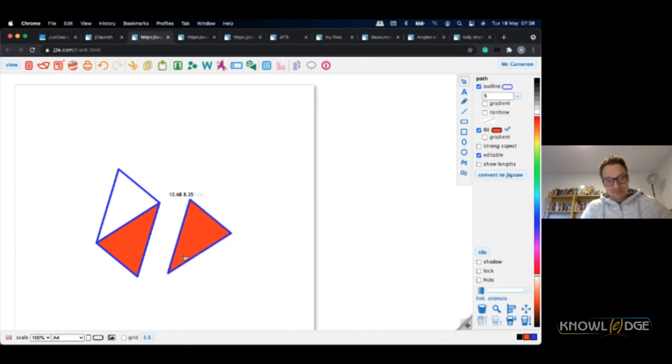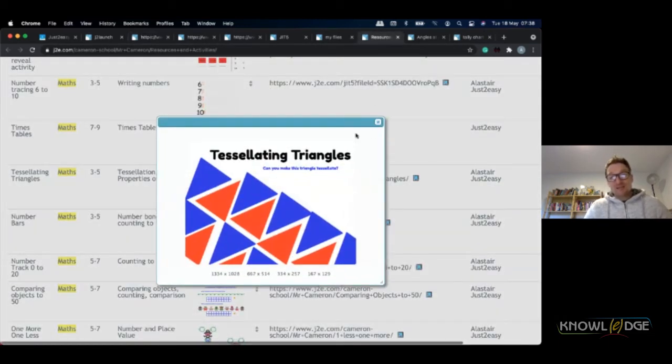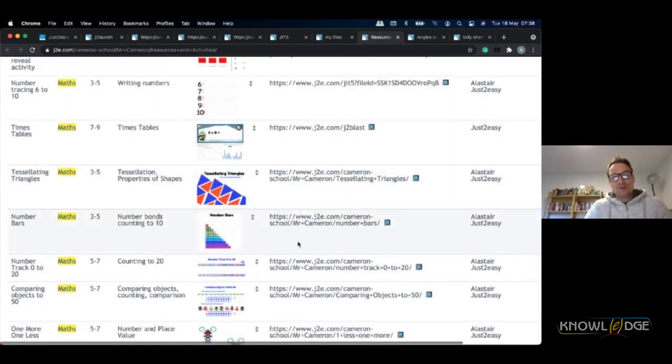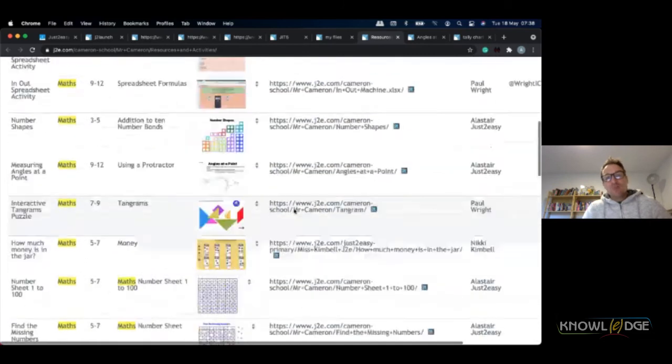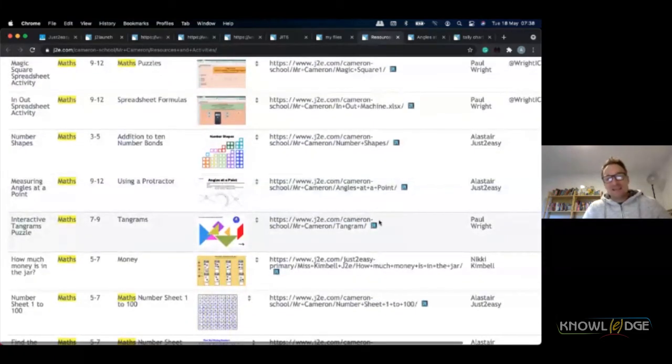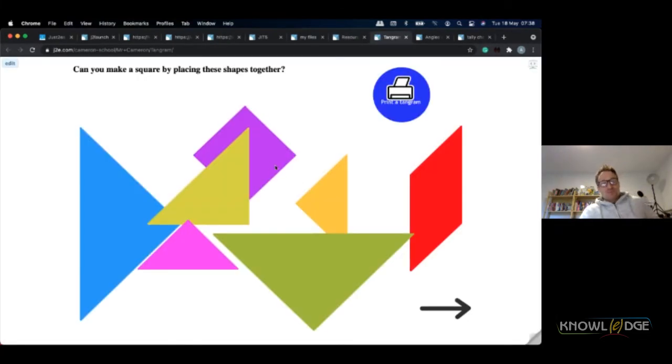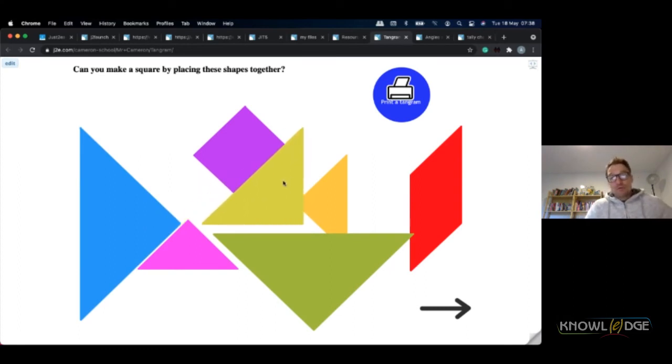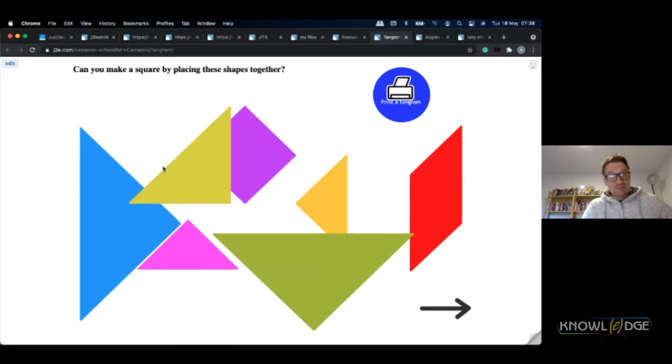You can have loads of fun doing that with your children and see what different shapes they can come up with. One of the resources that's built in is the tessellating triangles, and I've just replicated that exact same thing for you to see how that works. But also one of the really fun things is an activity called Pictograms, where you can move all the pieces together and make a square. So really good maths puzzle for your children to explore there.